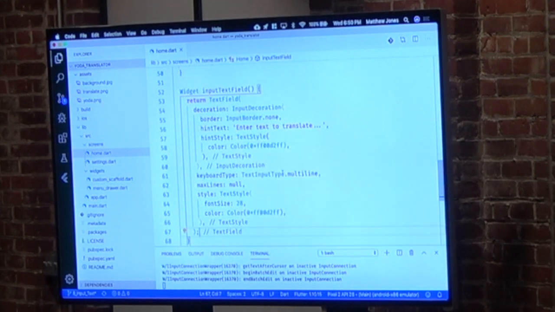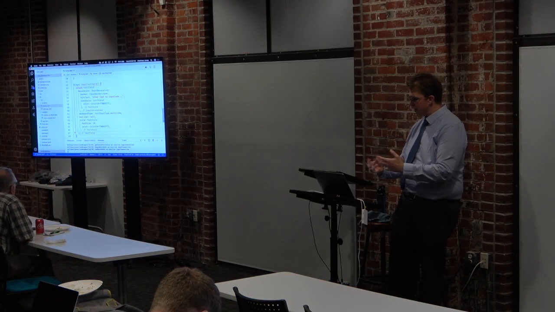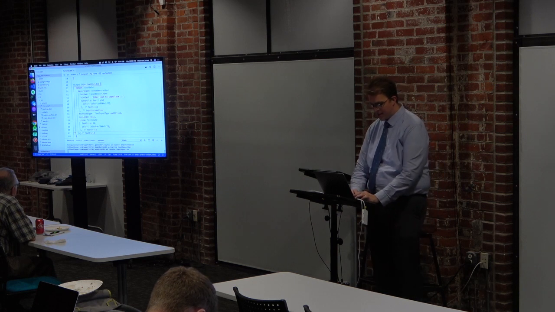The text is just the text that you put in there, and then you can specify a different color for the hint text versus what the user actually types in. Again, basic CSS stuff. A lot of the cues for this styling came from the world of CSS. It's pretty straightforward. So now that we've got an input text row, it would be nice to have an output text row. So let's go ahead and do that.